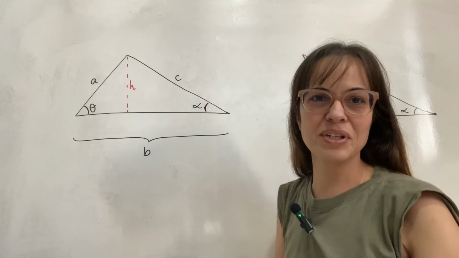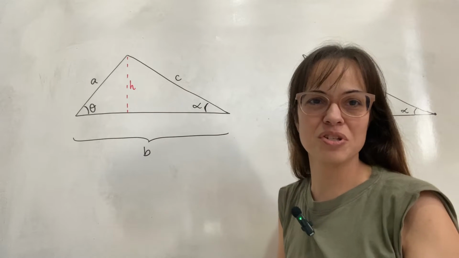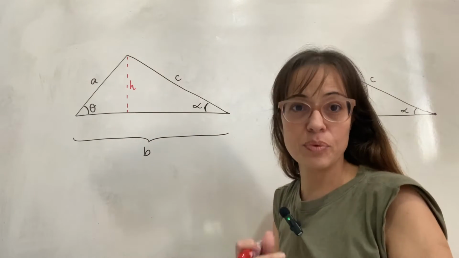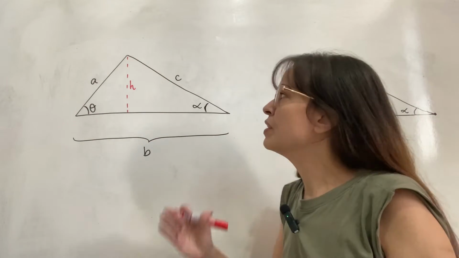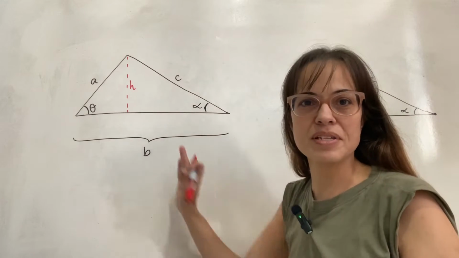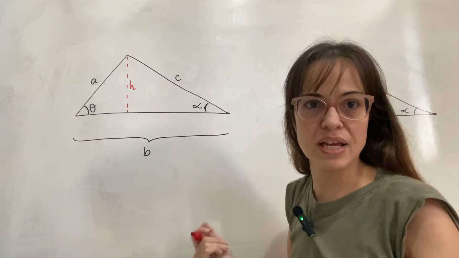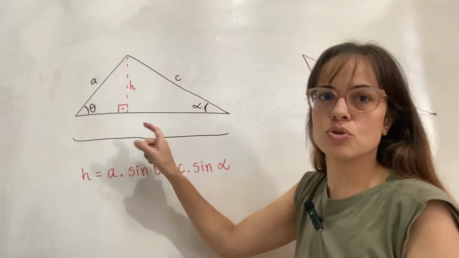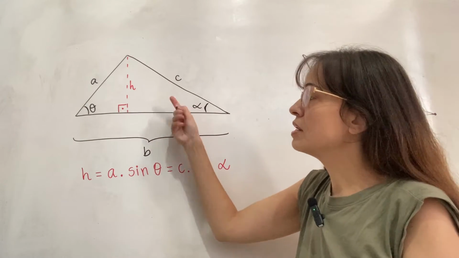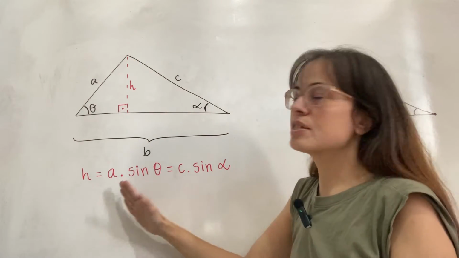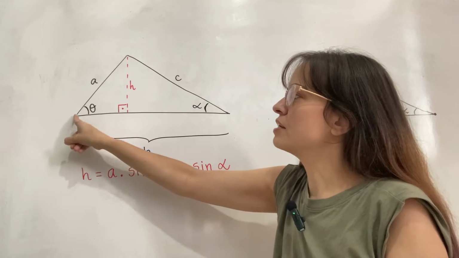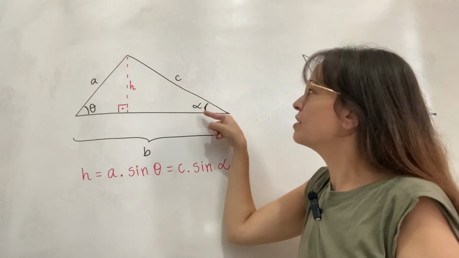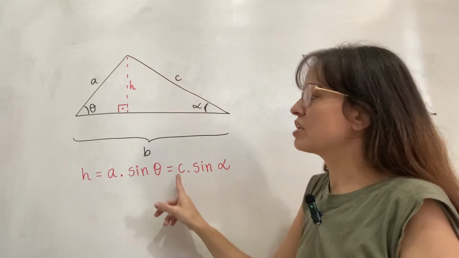So first of all, quickly, just to summarize all of the demonstrations that I did in the other video, it all has to do with this height that we can trace in the middle of the triangle here. And of course, by height, I mean something that is perpendicular to one of the sides of the triangle. So because it is perpendicular, you can now see two right triangles, one in the left and one in the right. And you can measure the height as a projection of this side with this angle going this way, or the same thing on the other side, this side projecting with that angle,